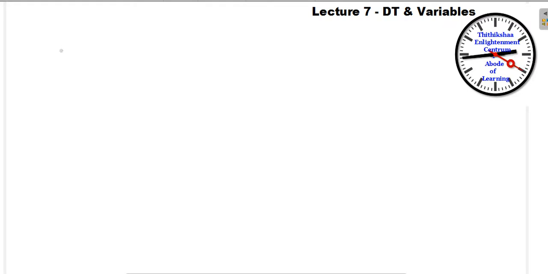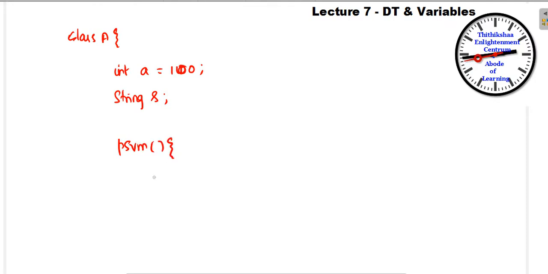Next, what I want to tell is, here we have class A. int a equal to some 100 and String s, I'm simply giving. And I have the main method, and here I have int b equal to 20.